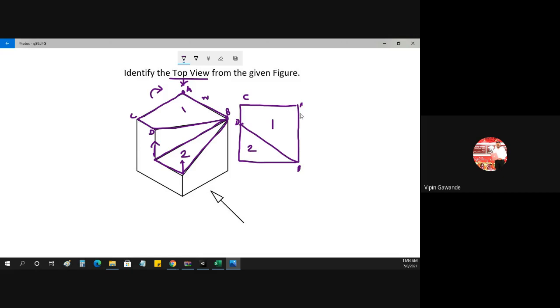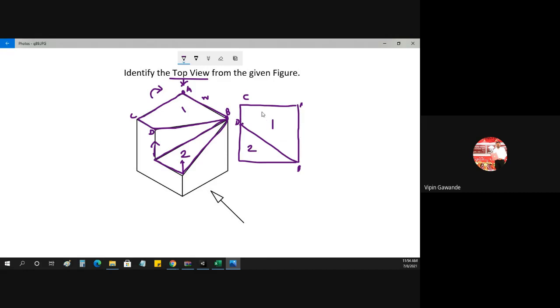So AB you have to draw on the right-hand side, vertical. These two lines you have to draw vertical, and these two lines you have to draw, this is CD, AC is horizontal. And the second surface, which is a triangle, you have to transfer here. Wherever the inclined surface is, just make it straight, and since we are drawing the top view, transfer that surface in the top view. So see, this is our final answer.